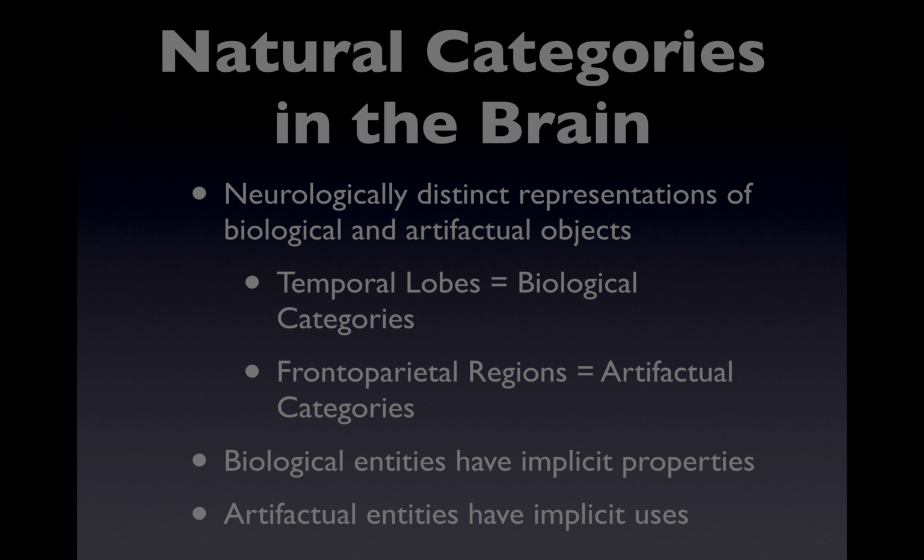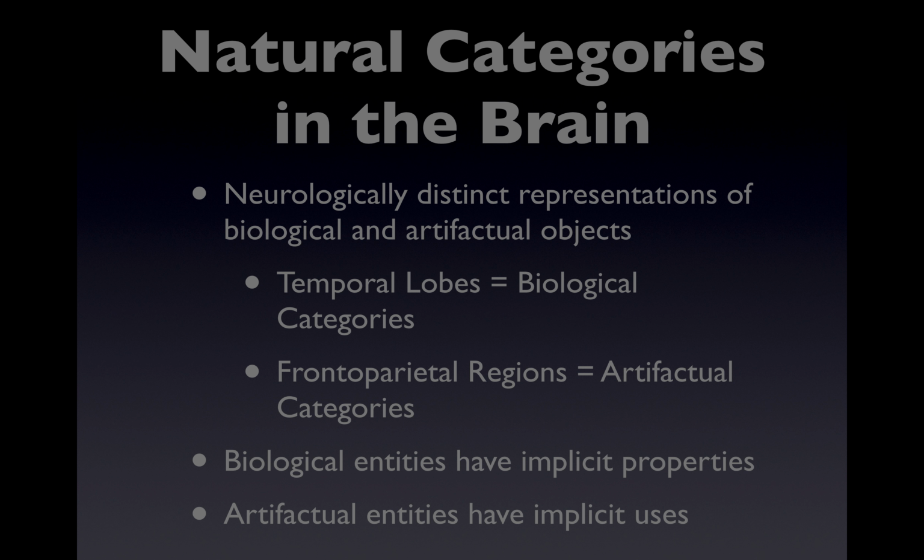But you say, what's a pig? Oh yeah, it's pink. It's got a curly tail, rolls around in the mud. Delicious bacon. Or you say, cat. Oh yeah, fur, purrs, catches mice, all that kind of thing. So you get these really nice complementary deficits if people have damage to either temporal lobe or frontal parietal. And the theory is that if you get damage to temporal lobes, that knocks out biological categories because biological entities have implicit properties, like